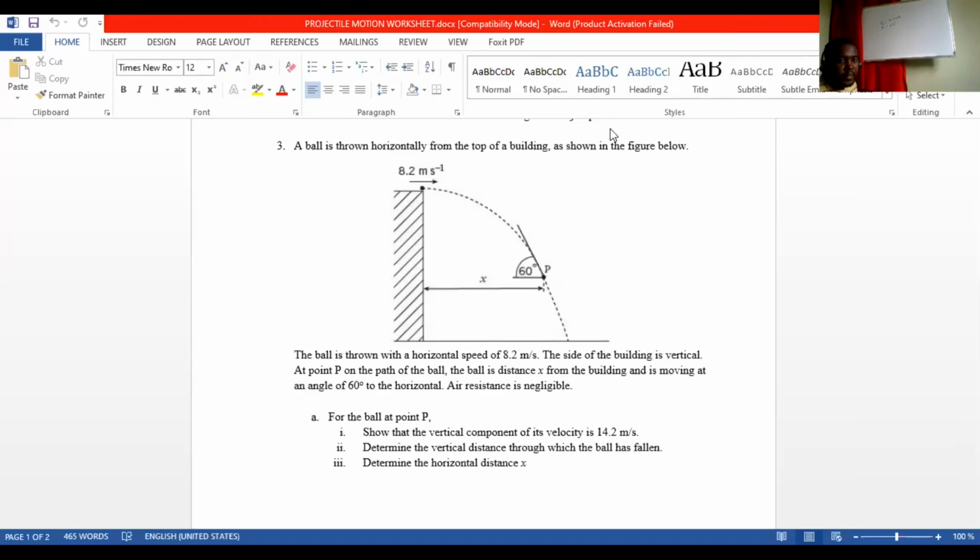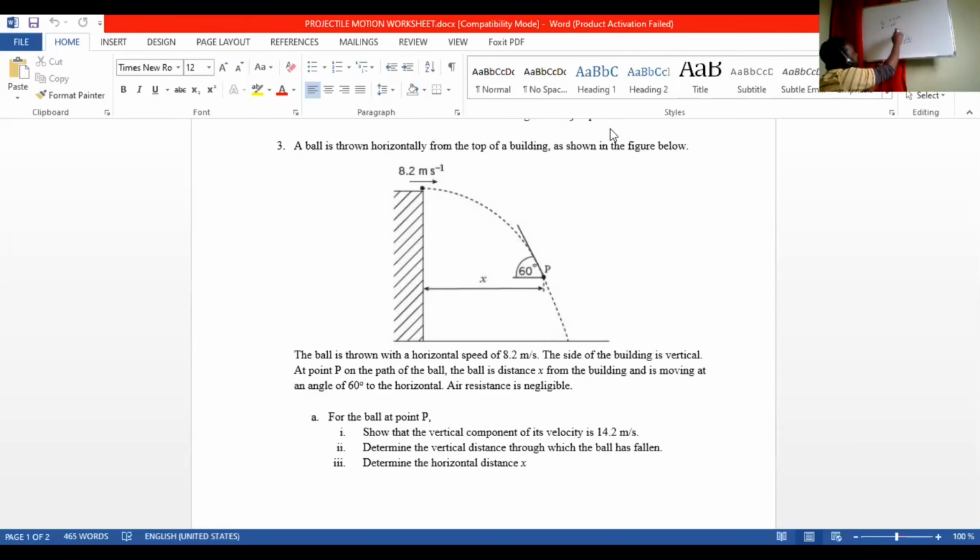So in that case, if we look at this figure given here, we have 60 here, right? Your x component would be right here, which is 8.2 meters per second. So that means if we find this side,